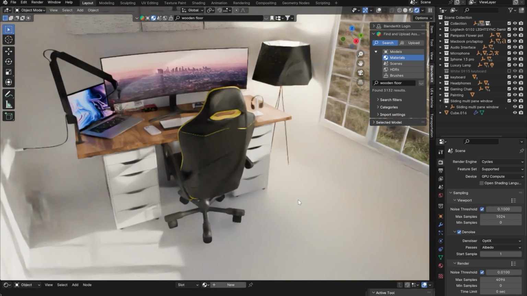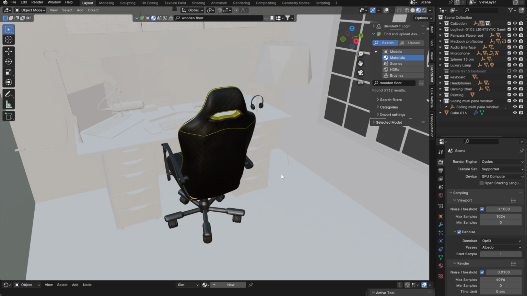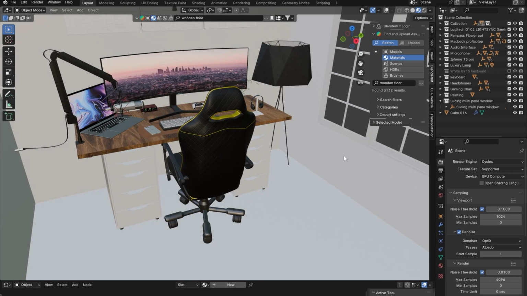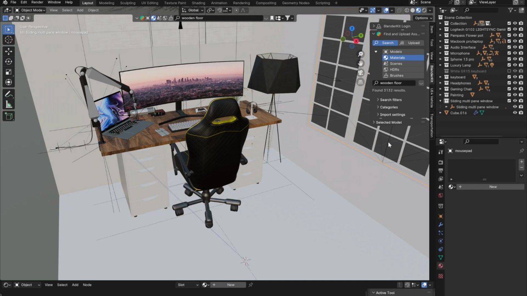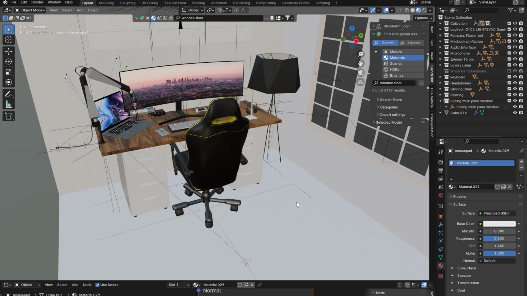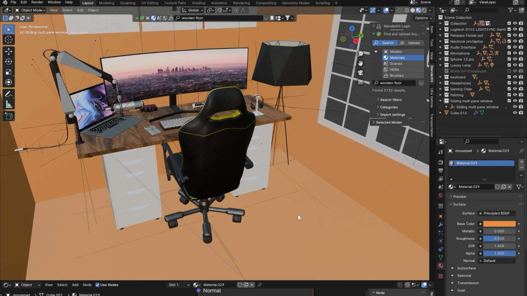So the way you fix that is by basically, let me just go back to my viewport mode. Actually, let me just go to this material preview mode. So what's going to happen is that if you select the cube, and let me turn on the guides as well. So if I basically go to my material settings, you're going to see that we don't have any materials right now, right? So let me make sure I've selected the cube. Yeah, I don't know why it says mousepad. But yeah, so let me click new to create a new material, right? And we can just give this any color we want, just to see how it looks,